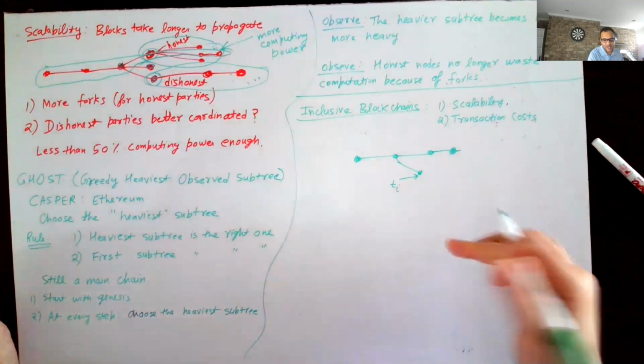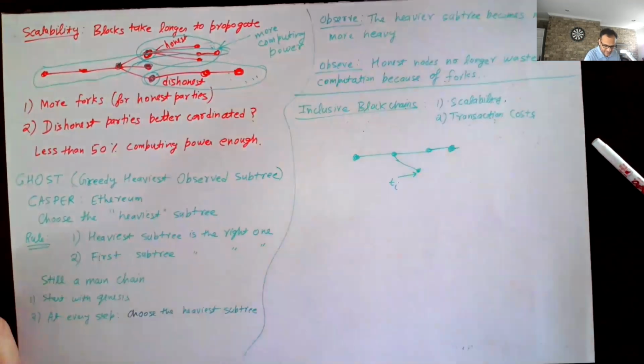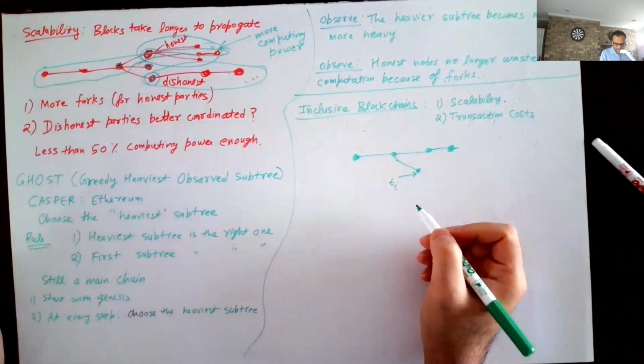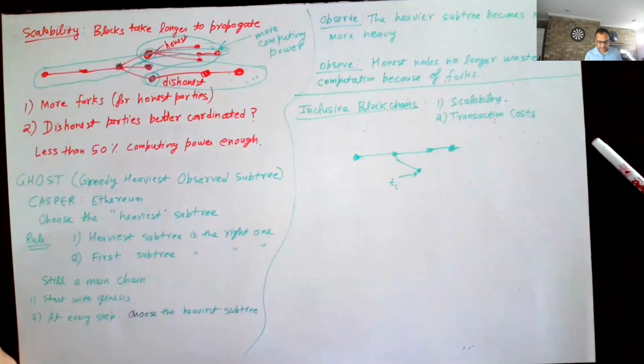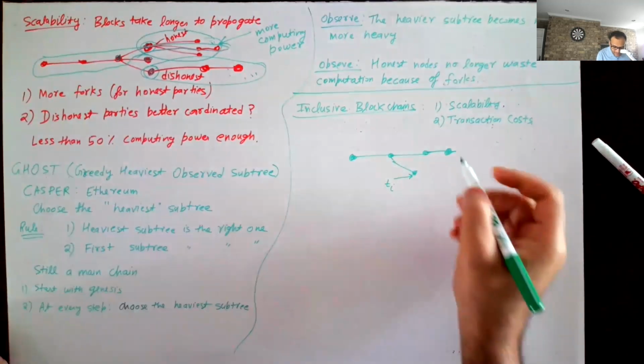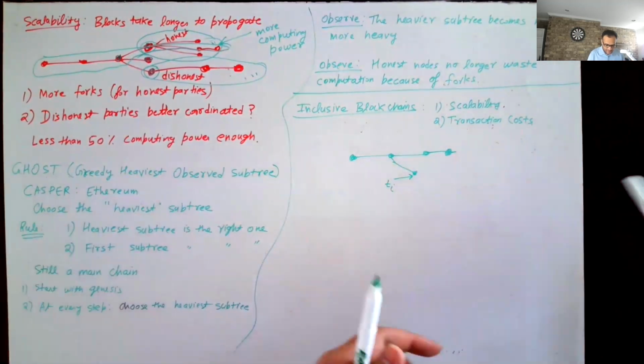And suppose TI does not really conflict with anything which is in any of the blocks in the main chain. Then when you are trying to mine the next block,